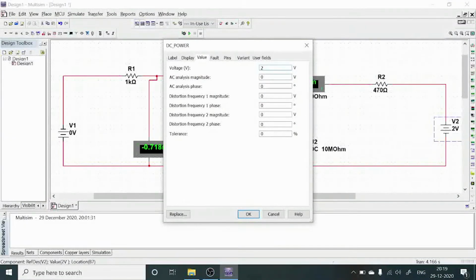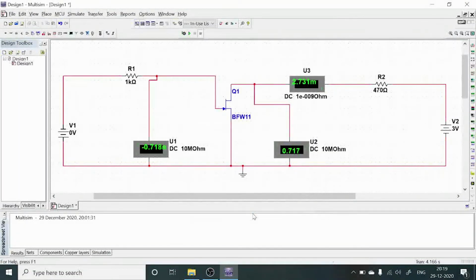Now you can increment from 2 volts to 3 volts. Type the 3 volts, select OK, then press the run button or F5. Then you can observe that at this 3 volts, the drain current is 3.932 milliamperes and the voltage across drain to source is 1.152.